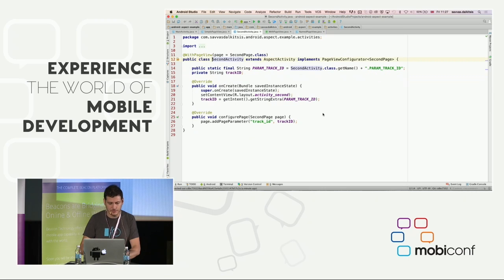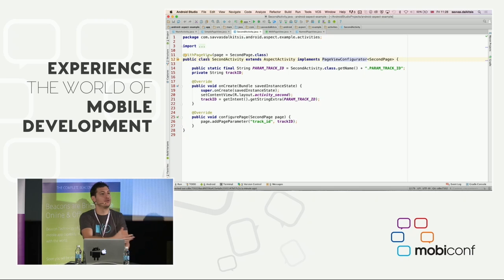Now, the second activity is where it gets interesting. Apart from the annotation with the page view, the second activity implements an interface. This interface, page view configurator, is a generic interface, as you can see, and it takes a type, which is now used in the page view annotation. I previously had a string as the name of the page view.